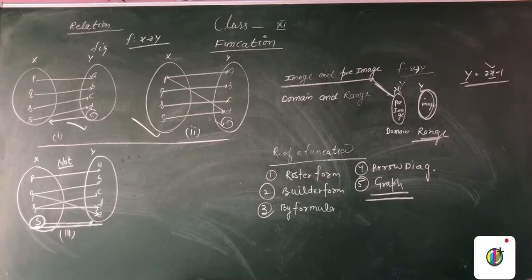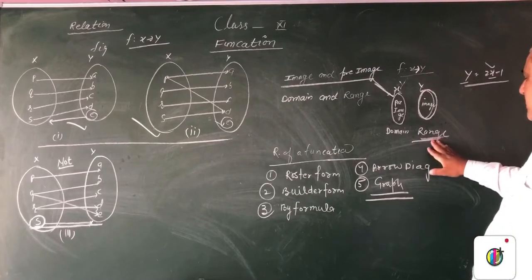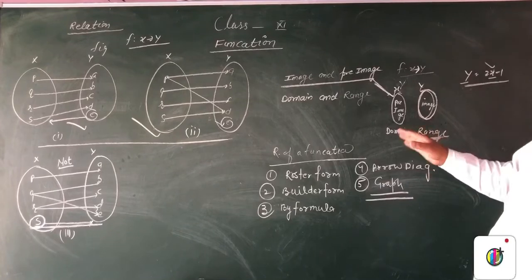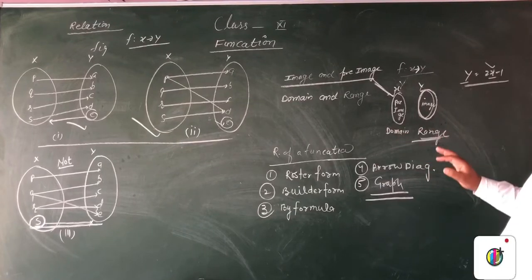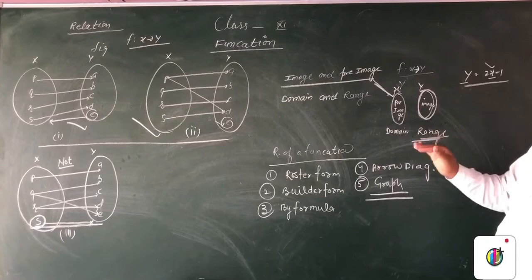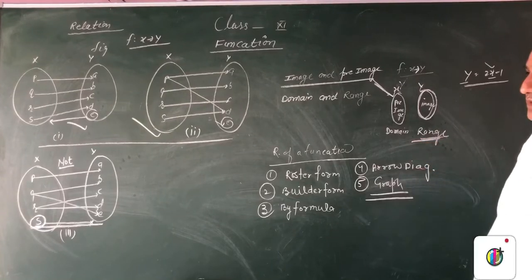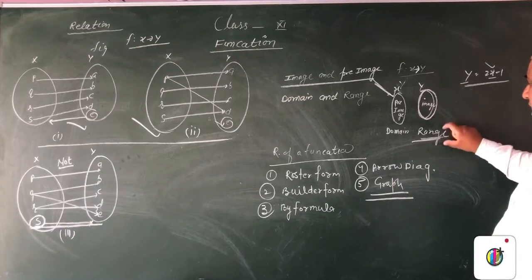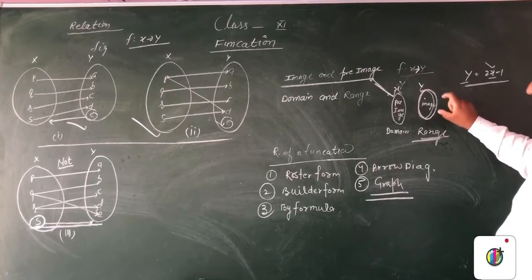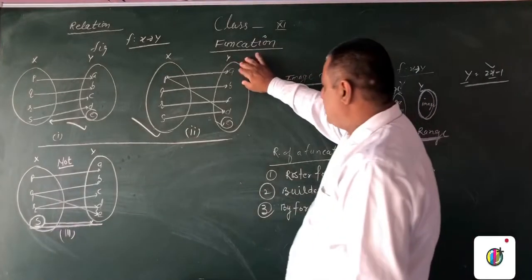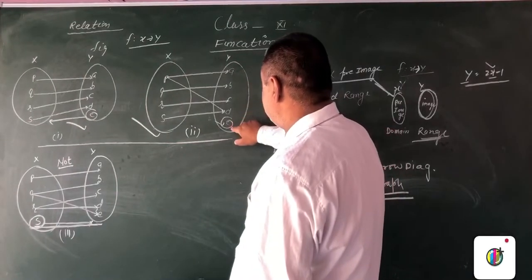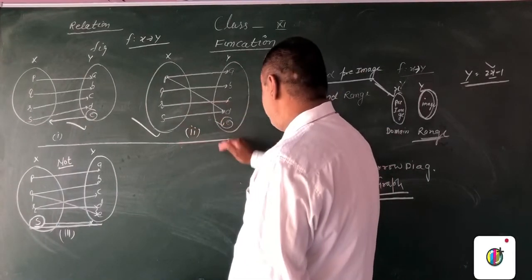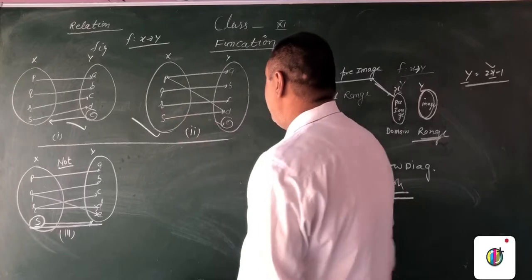For the range of this function, when we go to a shop and ask the shopkeeper to give a pair of shoes, then he asks what is the range of this pair of shoes. This is the range. Range means this is the last value of this function. After this, no value is associated with this value.